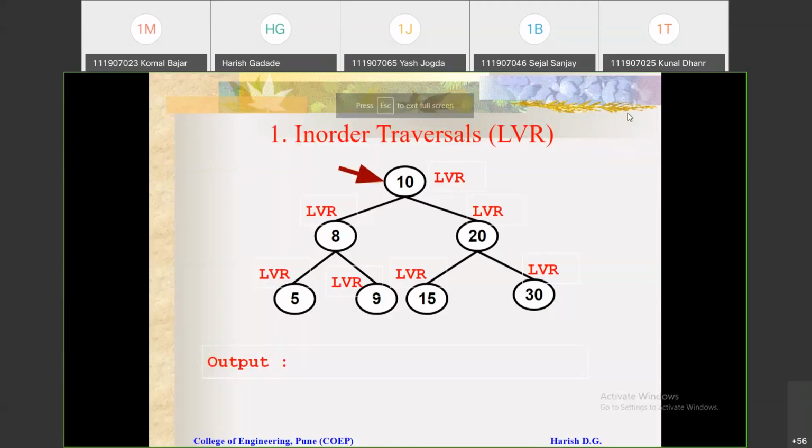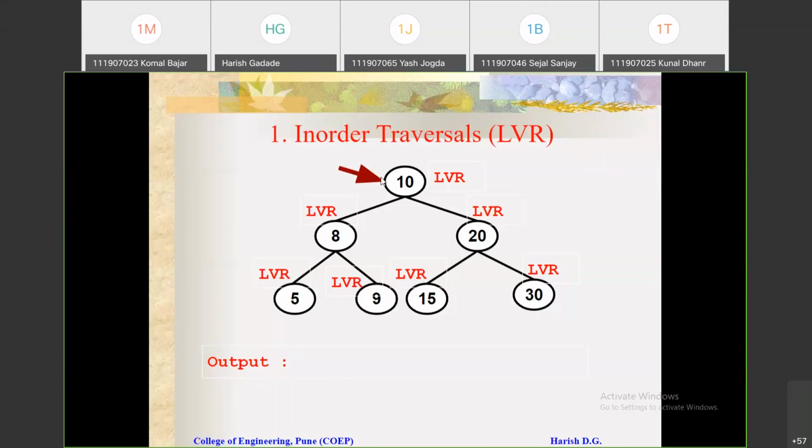For each node we follow LVR, LVR, LVR. Whenever we come to the V step, it means we are printing or visiting it. Initially the output is empty, because we are just starting the traversal from the root.